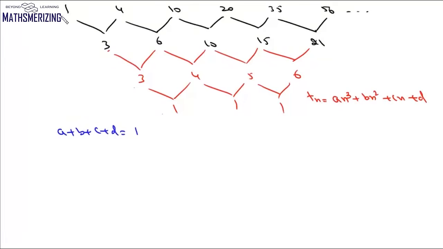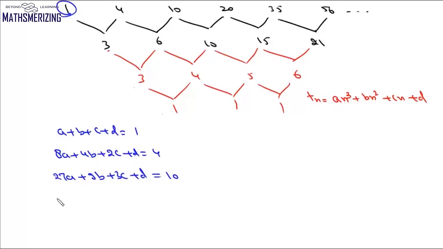It will be its first term 1, and then if we put n as 2, it will be 8a plus 4b plus 2c plus d. It will be 4. If we put n as 3, it will be 27a plus 9b plus 3c plus d. It will be 10. And then if we put n as 4, it will be 64a plus 16b plus